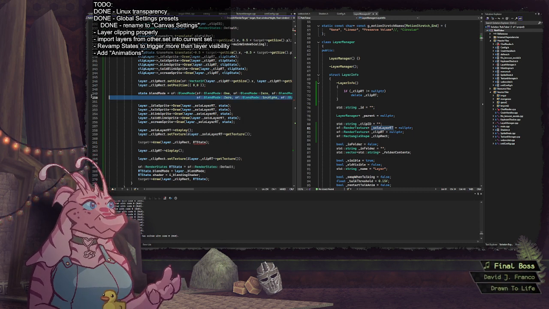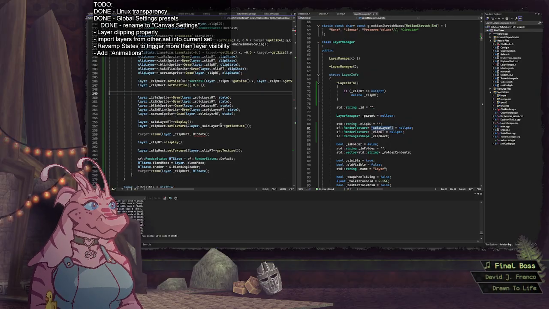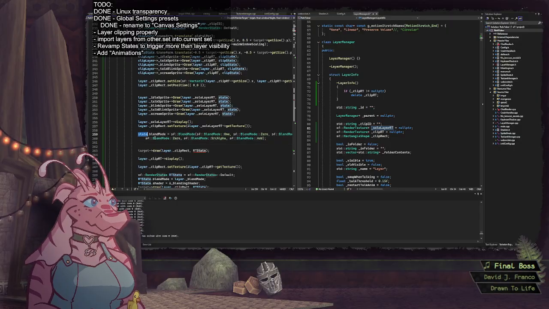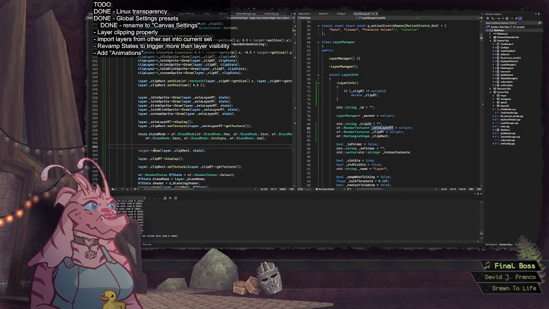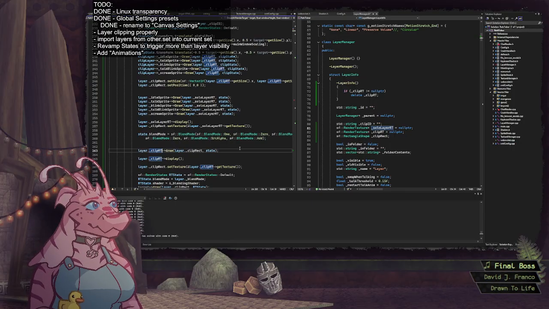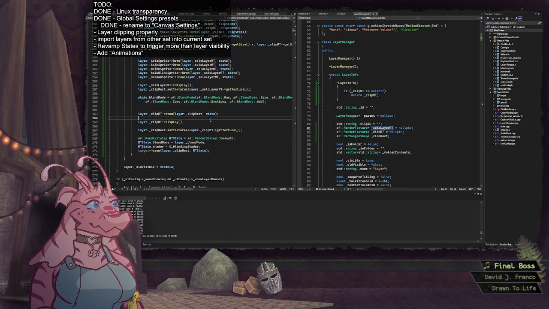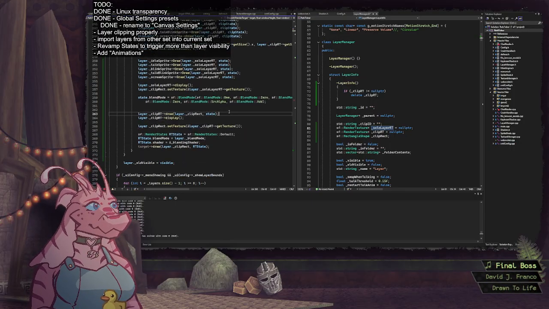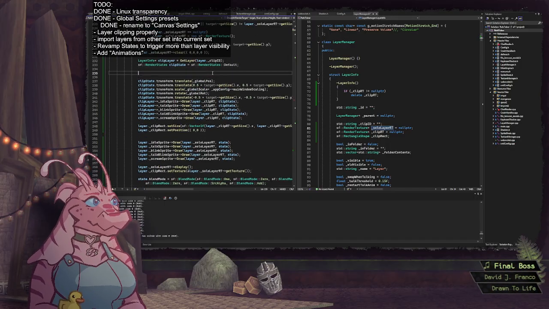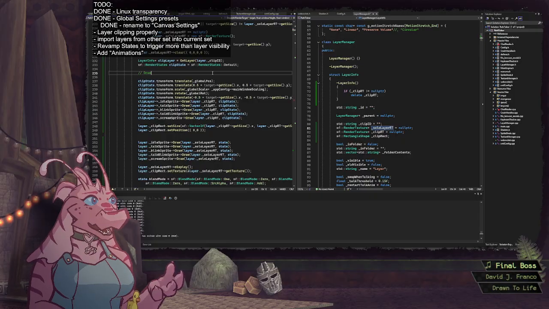With this blend mode now. So, right, so, okay. Draw clip